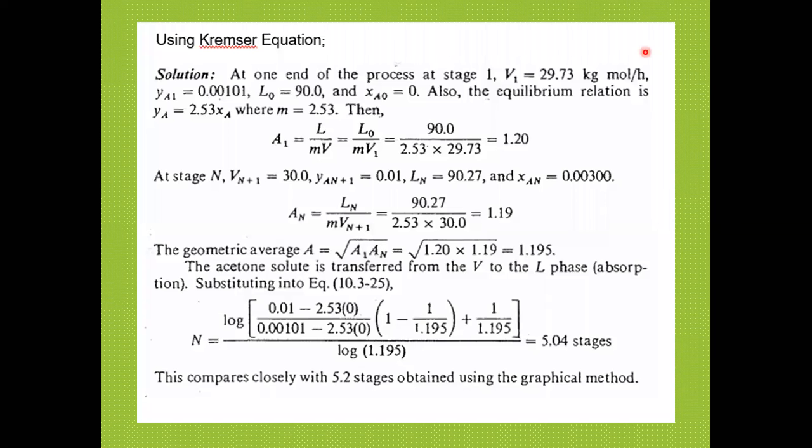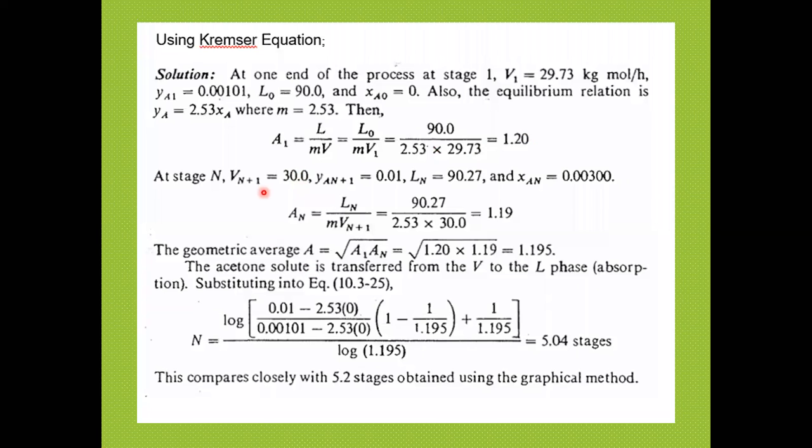Now, you have the gas absorption factor at the top of the column here. Then you need to substitute, of course, the value of the solvent, the slope of the equilibrium line, because it's a straight equilibrium line, and the V1 that we have already determined. So this is the gas absorption factor at the top of the column.